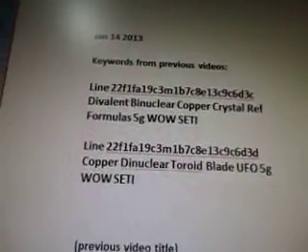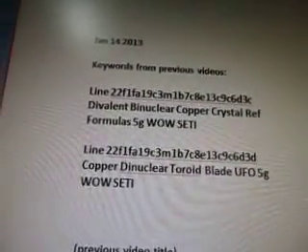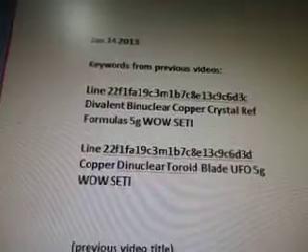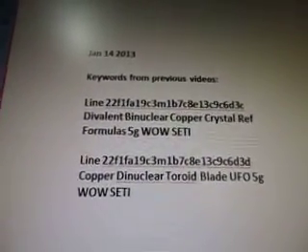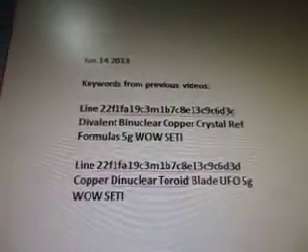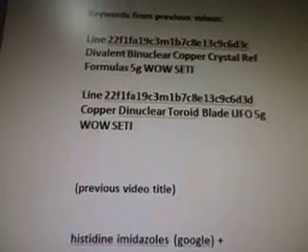22f1fa19c3m1b7c8e13c9c6d3e. Divalent Binuclear copper crystal reference formulas 5G Wow Seti. So there's a lot of cross-referencing in that video, and basically there was all these keywords that came up for it, so I just did 10 other videos with each of the keywords, okay? Because I didn't know what they meant. The previous video is from line